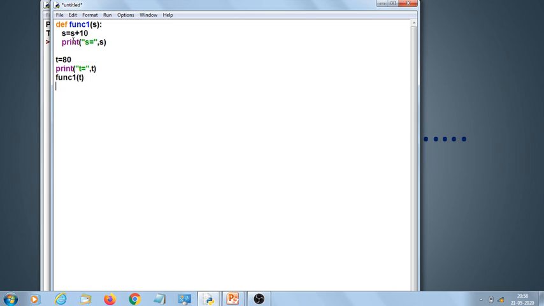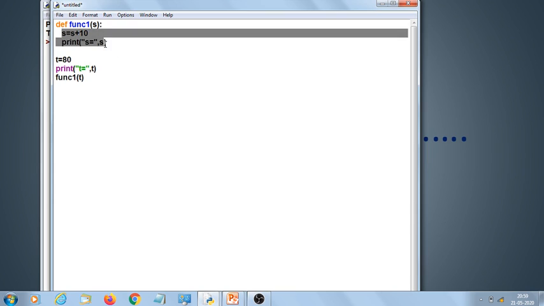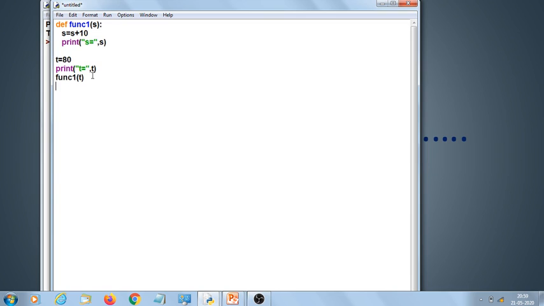So 80 will become 80 plus 10, that is 90. So 90 will have a different ID. That means the ID of s has been changed, so it will refer to a new address, not to the address of t. So the changes which you do inside the function body do not reflect back outside the function body. That means the value of t will remain 80.